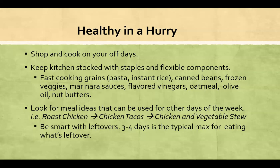If we look at general recommendations for leftovers, 4 days is the typical max for consuming whatever is left over from meal prep. But the other thing to keep in mind is you can also freeze what's cooked. So if you've made that roast chicken and you've got quite a bit of chicken left over, you can freeze it once it's already been cooked. And once you thaw it and bring it up to temperature again, up to 165 degrees, it's ready to eat again in some other type of stew or casserole item. So be mindful that the freezer is your friend when we're looking at stretching our food dollar